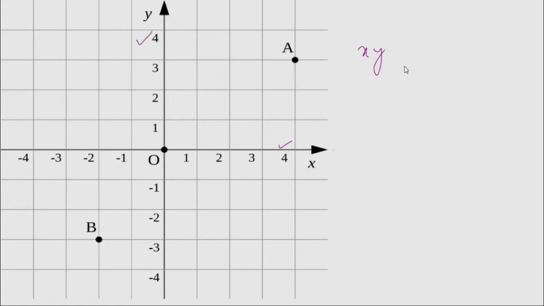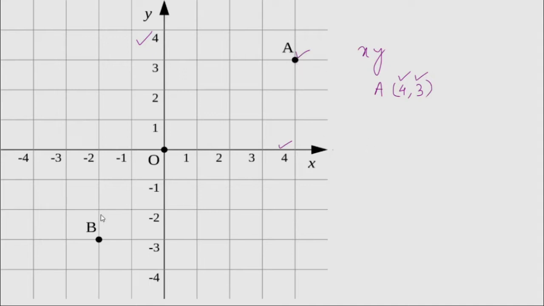So if I have a point A, that is 4 comma 3, it will be here, because its x coordinate is 4 whereas its y coordinate is 3. So I can locate the point A in this particular location. This will be 4 comma 3.